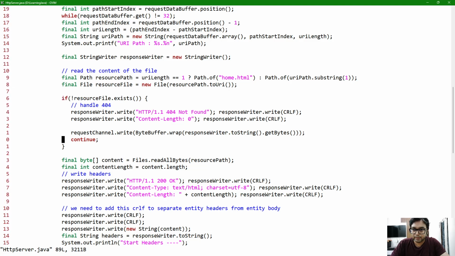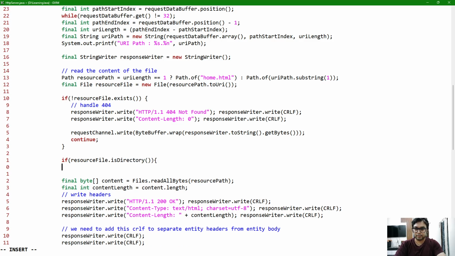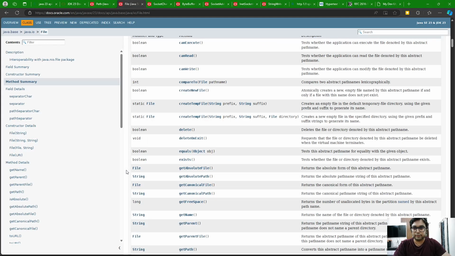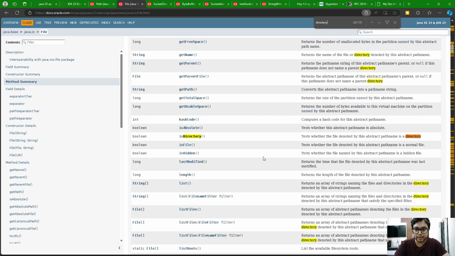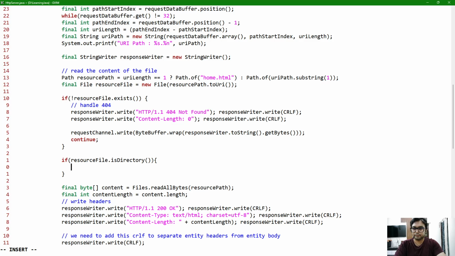So let us remove the final keyword from here, and I will say if resource file is directory. Let me check how to check for a directory: isDirectory. Then the resource path is going to be